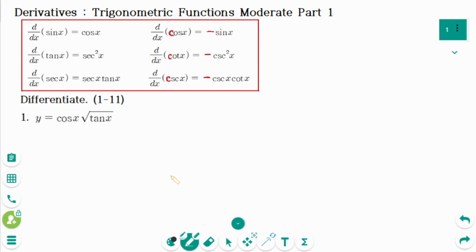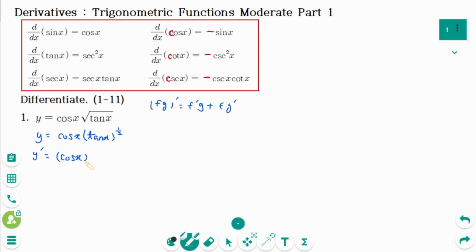Number 1. y equals cosine x times the square root of tangent x. We can rewrite as y equals cosine x times tangent x to the power of 1 over 2. Use the product rule: (fg)' equals f'g plus fg'. So y' equals